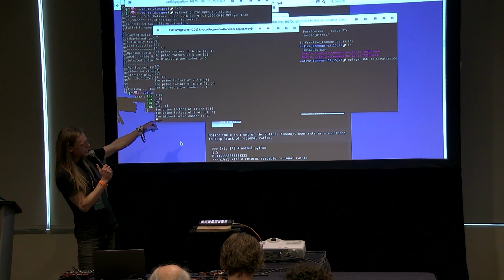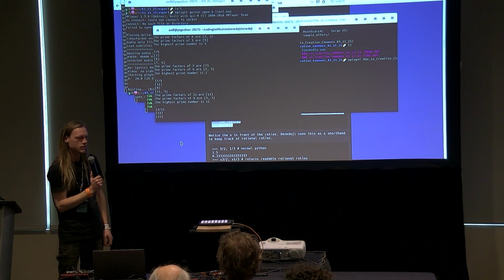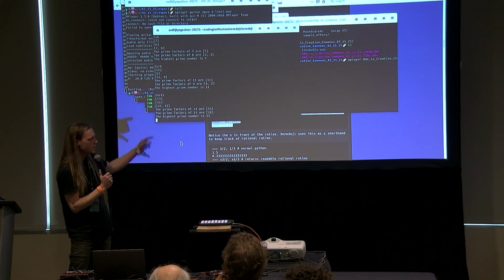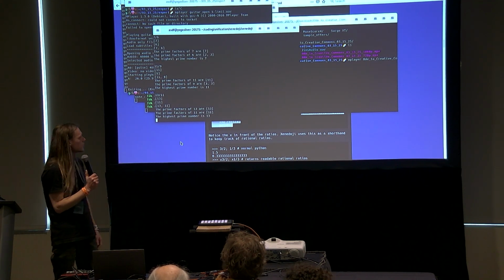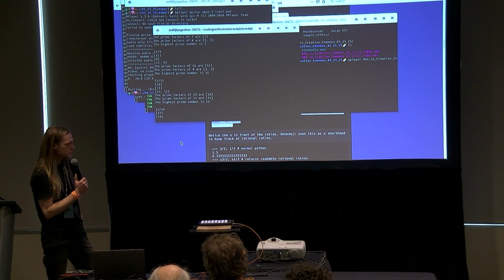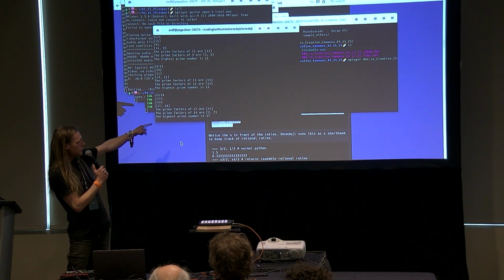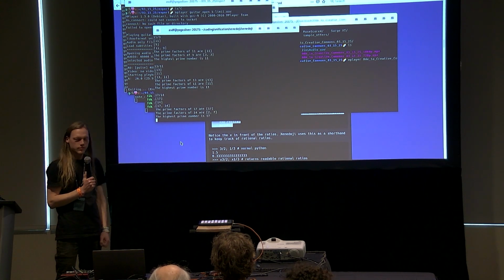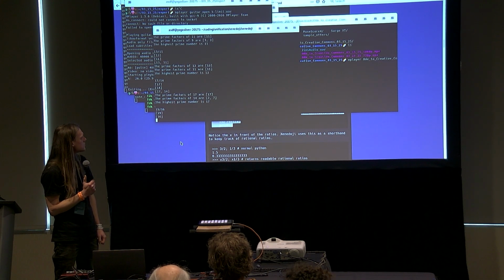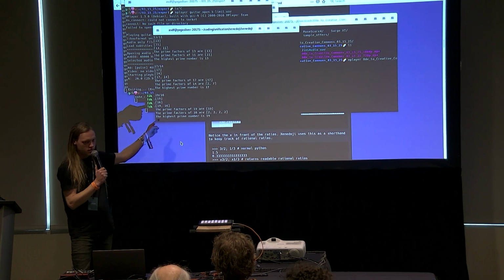Highest prime is 11. Highest prime is 13. Highest prime is 17. And the highest prime is